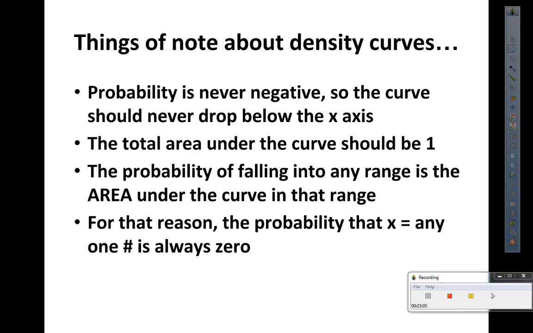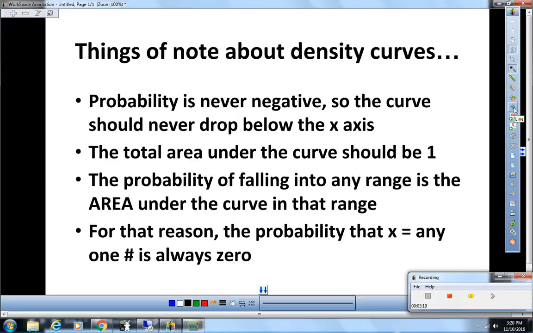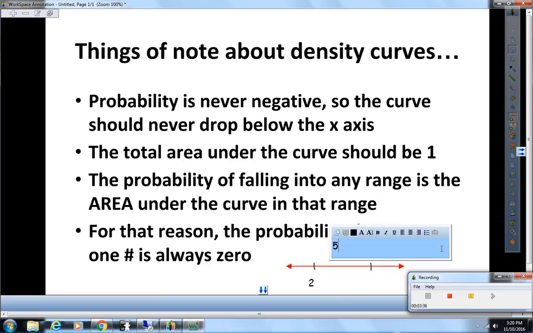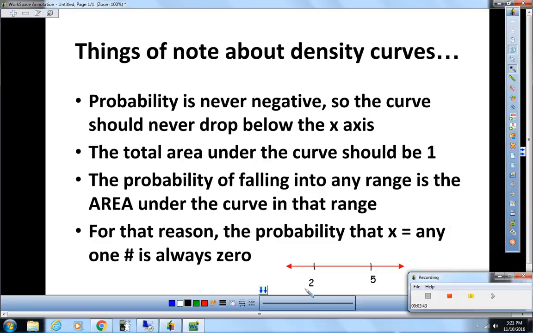The probability that x equals any single number in a continuous function is always 0. Because if you think about it, even if I'm doing an interval, let's say a simple interval from 2 to 5. Okay, so our interval is going to run from the number 2 to 5. If you think about it, I have an infinite number of values between 2 and 5. I could have 2, I could have